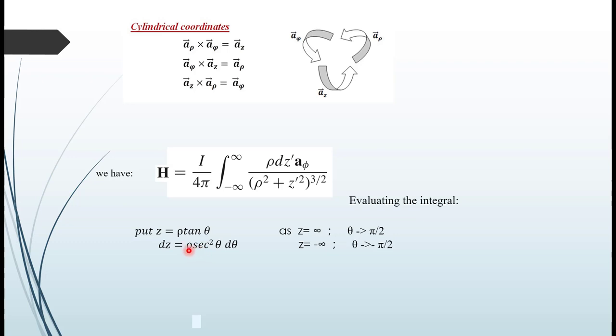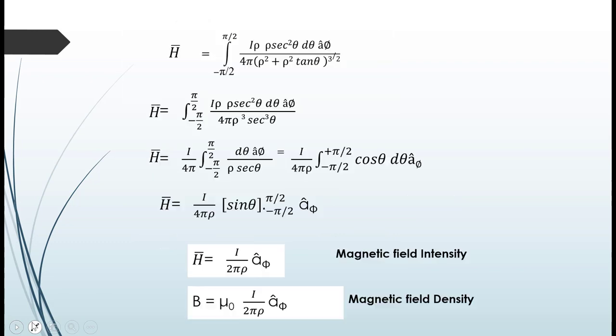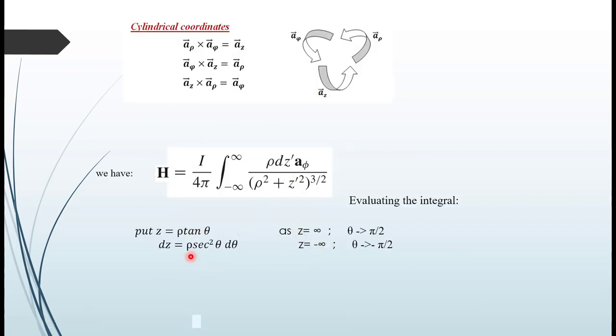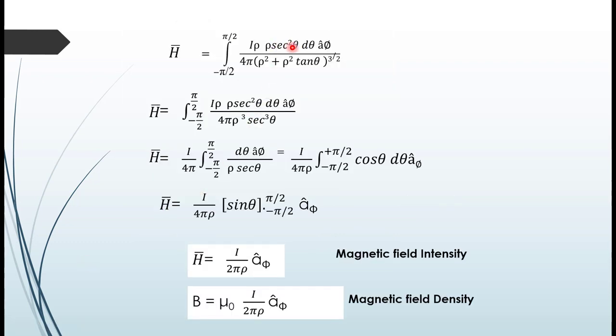We have to put some identities. So let us put z is equal to rho tan theta or r tan theta. So dz is equal to rho sec square theta d theta. As z tends to infinity, theta tends to pi by 2, and if z tends to minus infinity, theta tends to minus pi by 2. So after putting this in the equation, the equation will become I into rho, then dz dash we have to replace by r sec square theta d theta. So r sec square theta d theta is there, a phi cap is there, divided by 4 pi